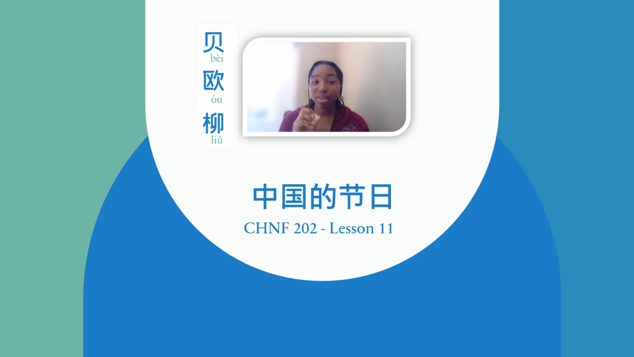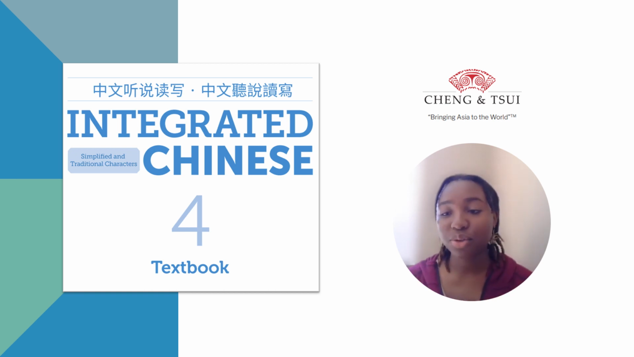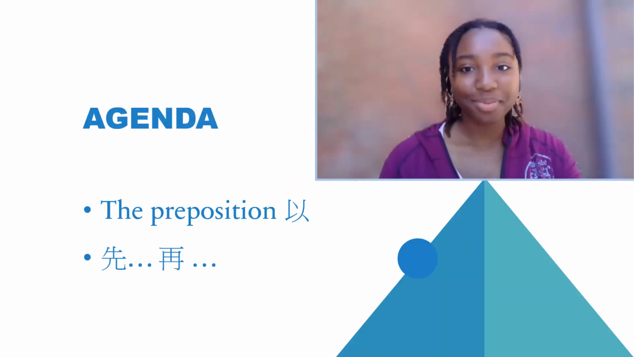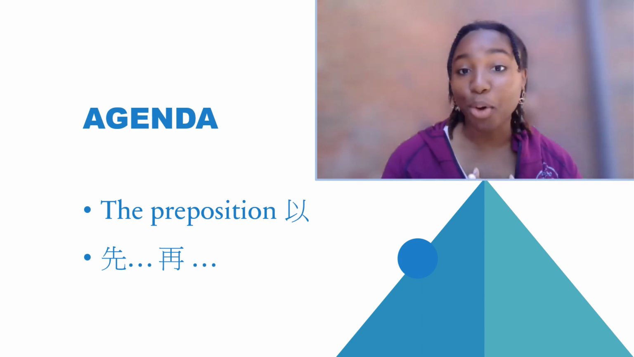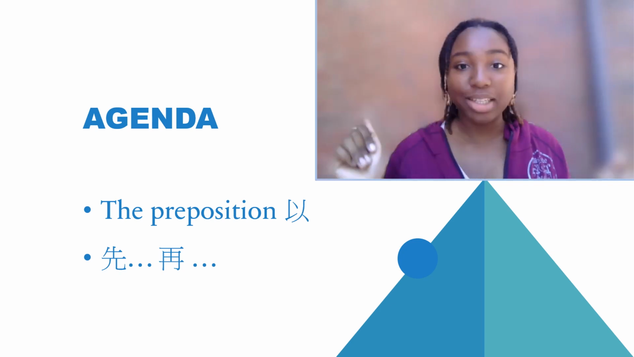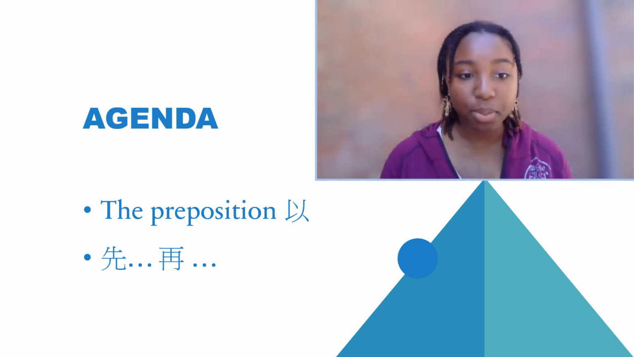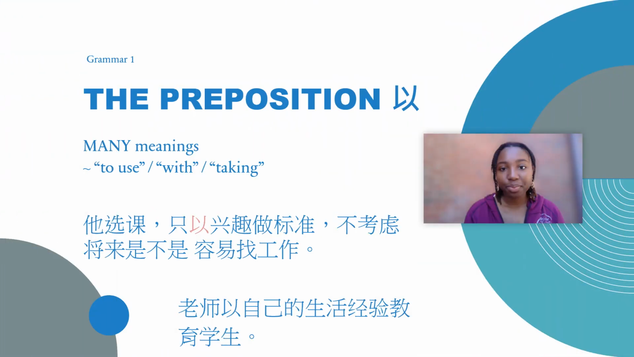这是中文202的第一部视频，第11课中国的节日。So let's get started. 首先，我们的教材来自于中文听说读写的第4本书。So our information is coming from Integrated Chinese 4。那我们开始吧。今天我们来做什么呢？我们有2个语法，第一个是 the preposition 以，第二个是先什么什么什么，再什么什么什么。好的，首先我们来看以这个词。那以有很多不同的意思，如果你想要翻译过来的话，它的意思中有 to use with 或者